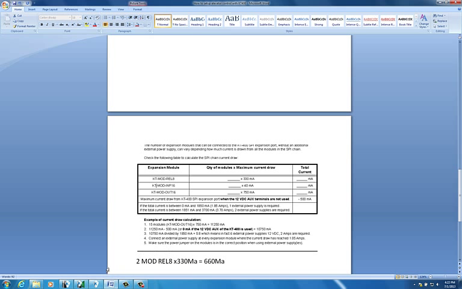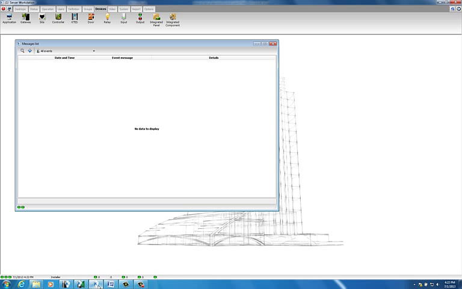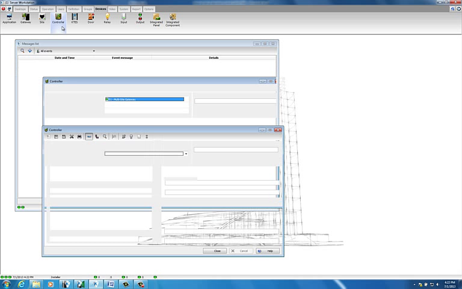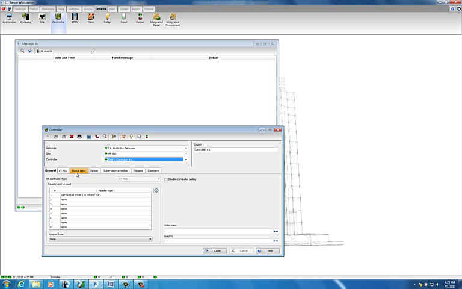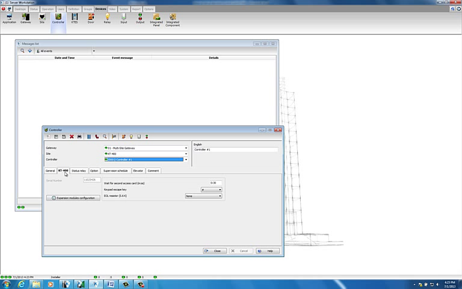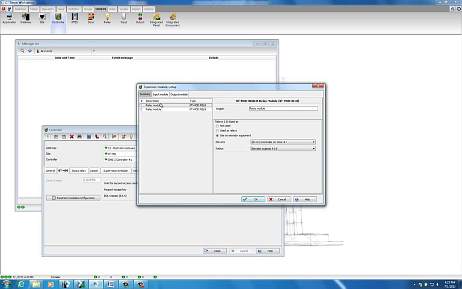The next thing we're going to see is in the software, how we're going to configure those relay modules for the elevator control. The first thing we need to do is go on the devices controller, and from there we're going to always activate the hierarchy. It's always better that way when you're traveling through the software. So you select your gateway, then your controller, then your controller KT number 1, then we go to the KT-400 tab, expansion module configuration, and from here we're going to